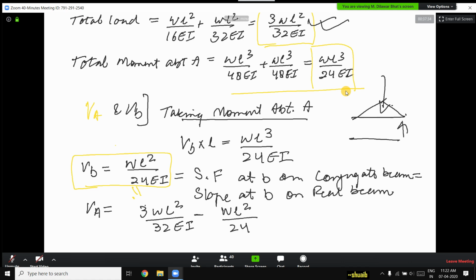Fine. That comes out to be 5 times WL square by 96 EI. This is your slope at A on the conjugate beam, which is also equal to